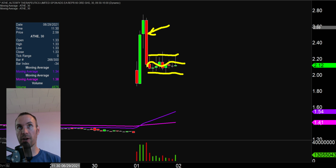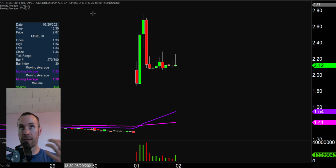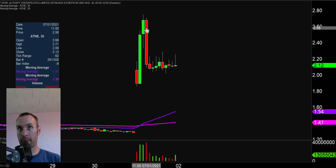And this leveling out here is what makes it a very interesting scenario now moving into Friday, because while nothing is of course guaranteed, it's valid to think, okay, maybe this pullback, maybe this carnage right here is over, and maybe there's going to be a second round of life that comes to it, and not necessarily even puts it to new highs. But I mean, if you're looking at this potential breakout point right here at the top part